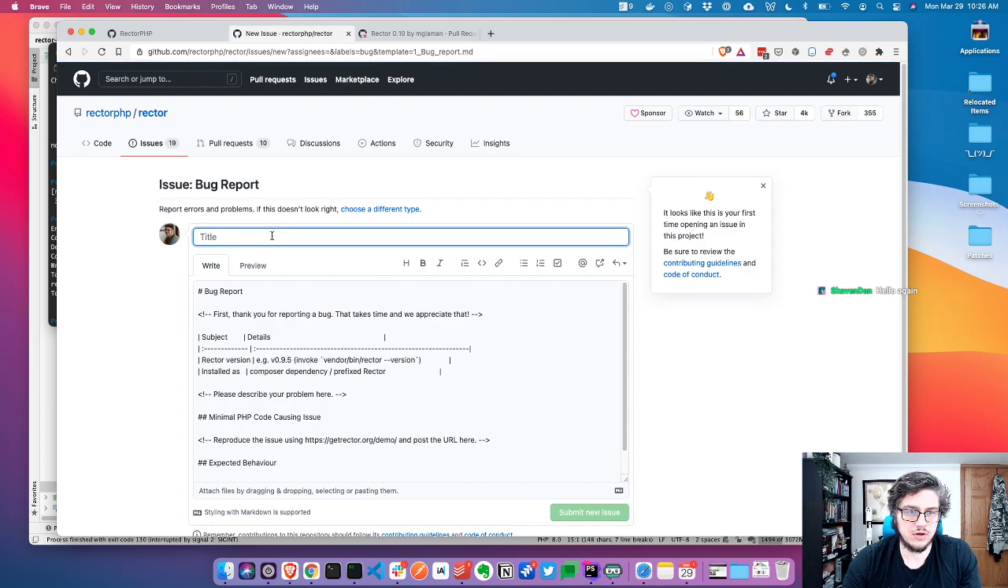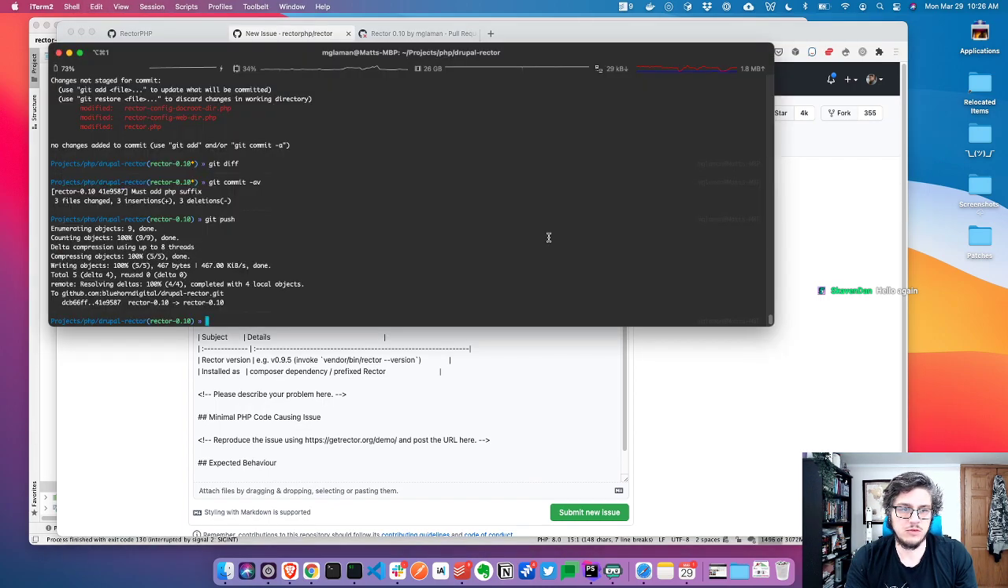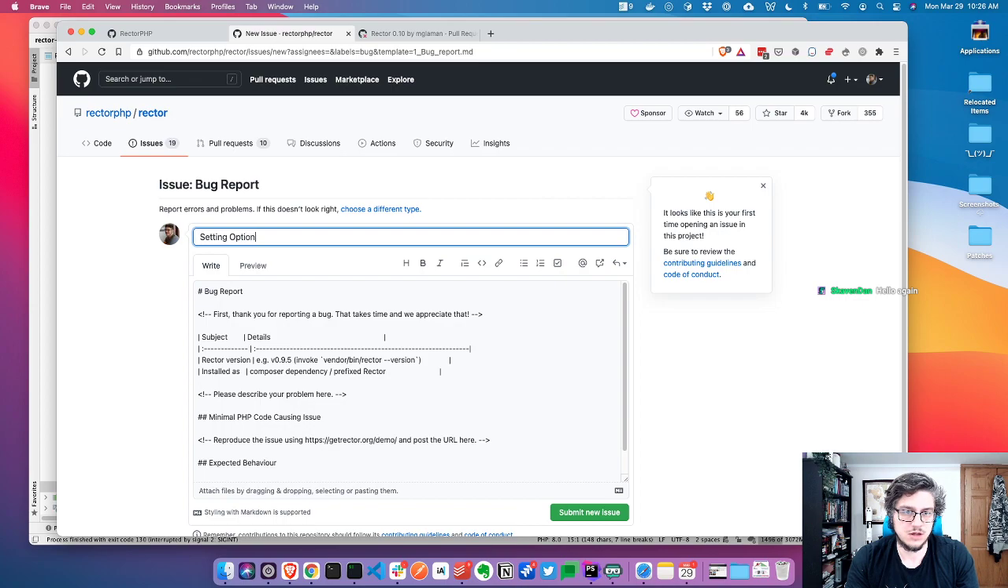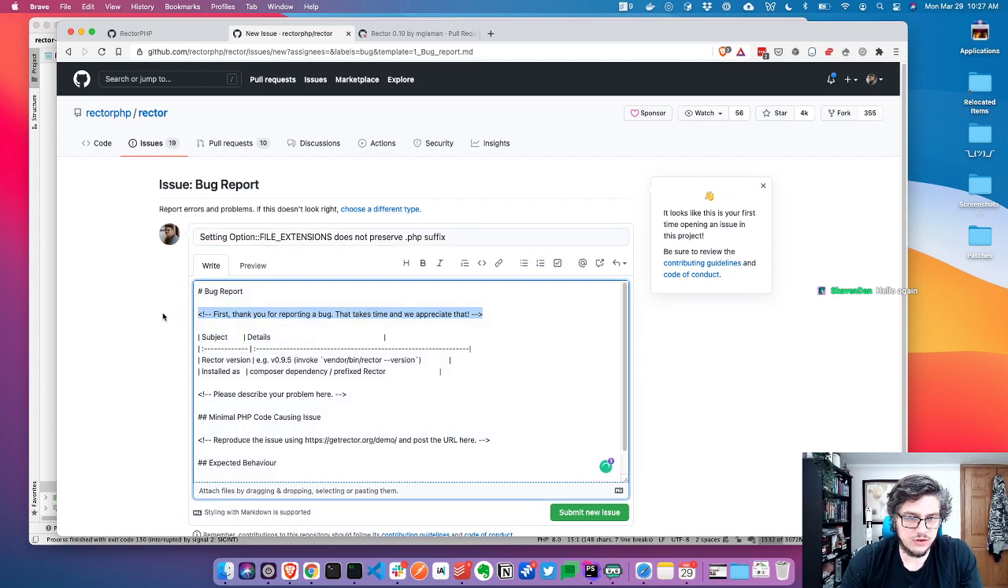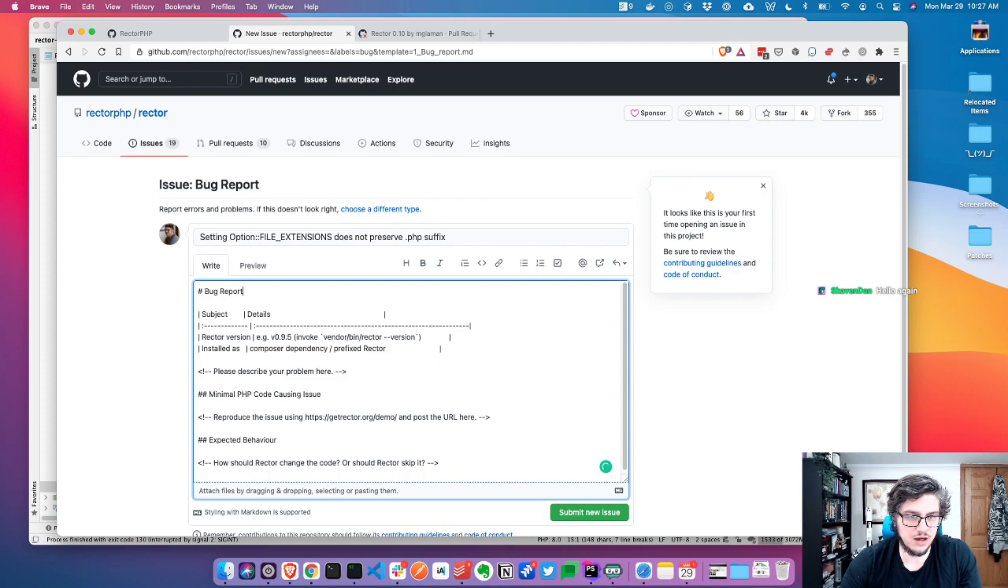Bug report. I love issue templates, but at the same time, I don't, because you have to read so much stuff. Setting option file extensions. Can cause .php file does not preserve .php. We'll say suffix. First, thank you, subject, details, bug report,